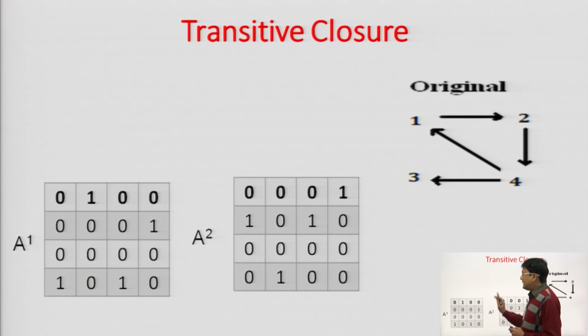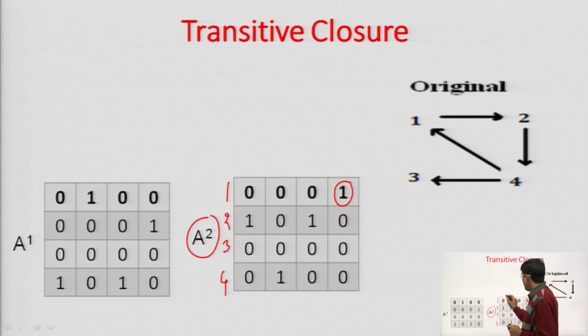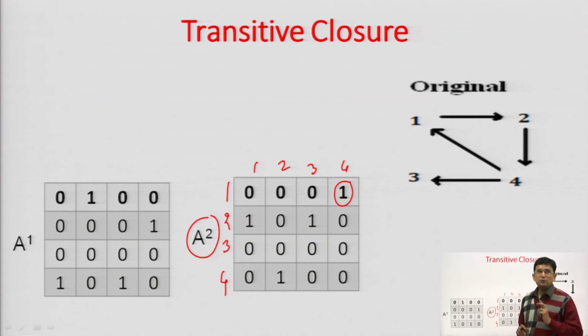Now, after this, let us do the simple arithmetic and square the given matrix. We have been given a matrix A, let us square it. The A square matrix that you find will be telling you all the paths of length 2. There are the entries which are 1 here in this graph. Let us mark the vertex numbers. Entry 1 4 is 1, that means there is a path of length 2 between vertex number 1 and 4.